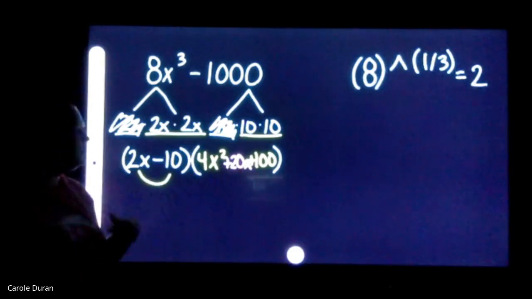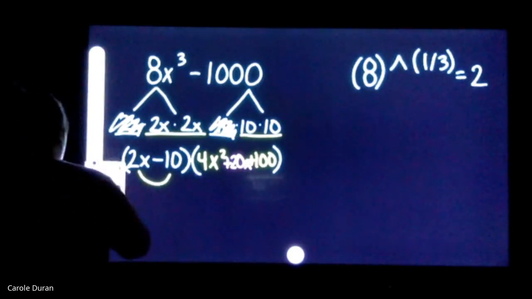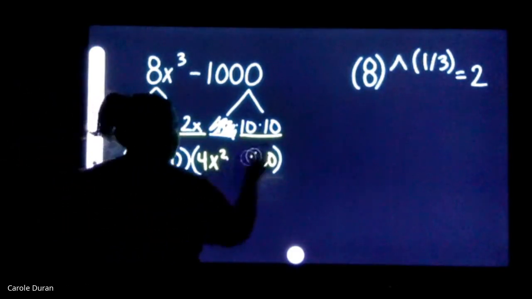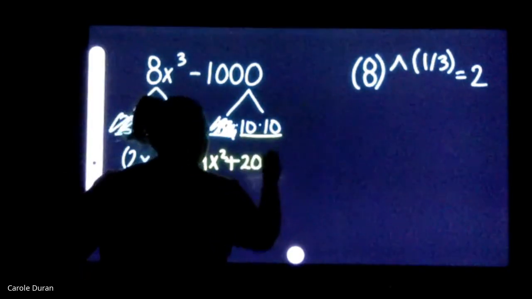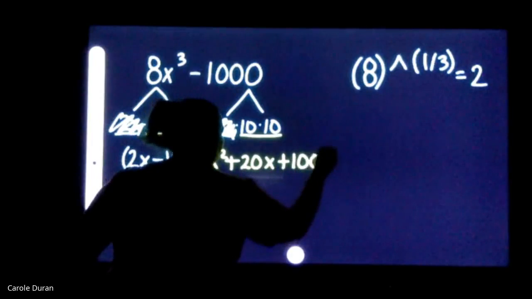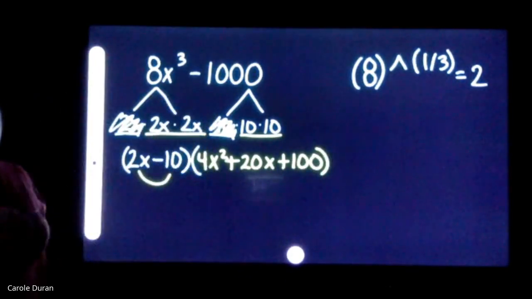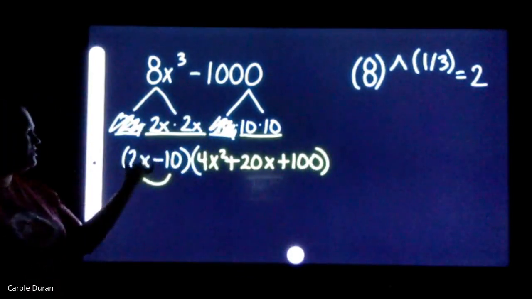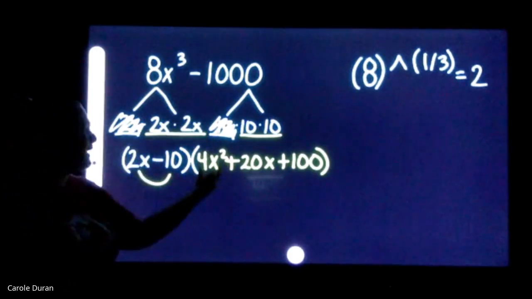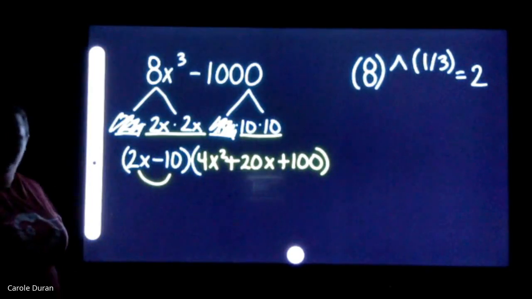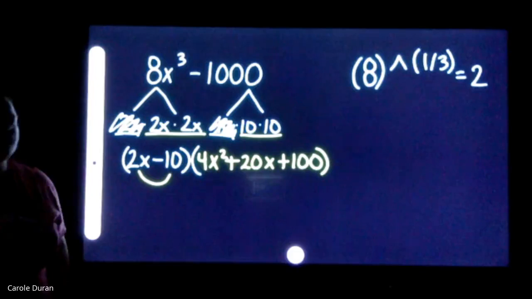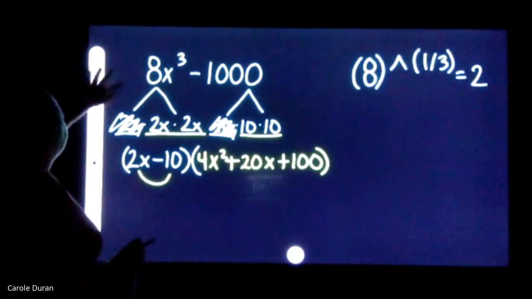I'm going to write that a little bit better so you can see it. So again, we have 2x minus 10, and then 4x squared plus 20x plus 100. Our next example